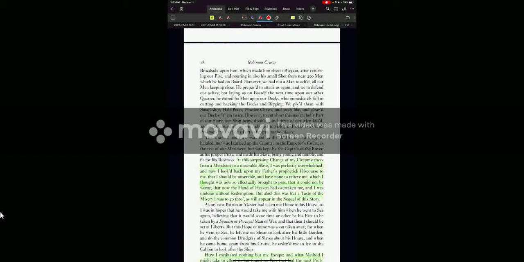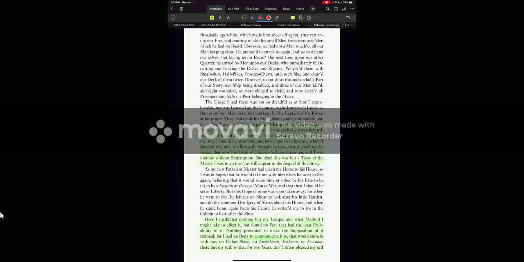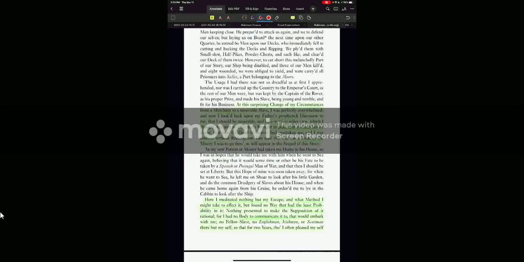I know I changed it. Just read the highlighted with the green. Yes, Doctor. Okay. At this surprising change of my... I'm not. Okay. Remittance from my merchant to